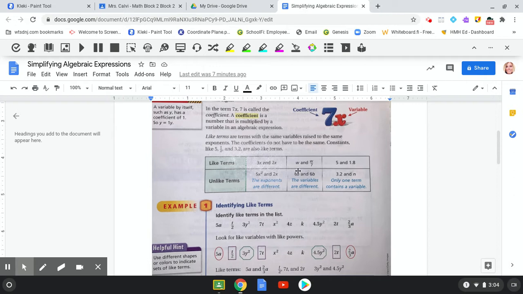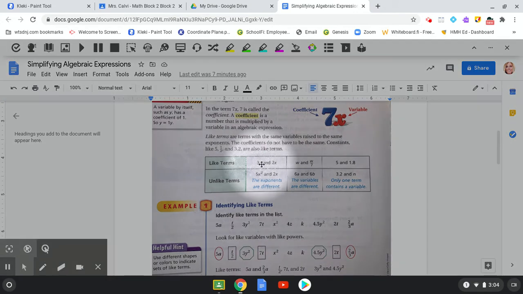Here we have w and w divided by 7. And those are like terms. And we have 5 and 1.8. Those are like terms because they are the same. These are just numbers or numerals. All right, so 3x and 2x are like terms